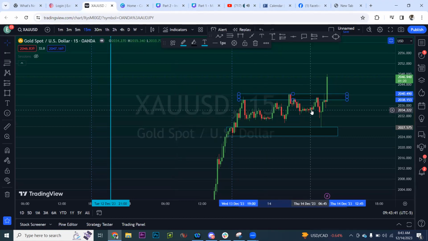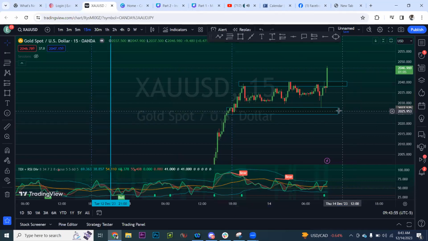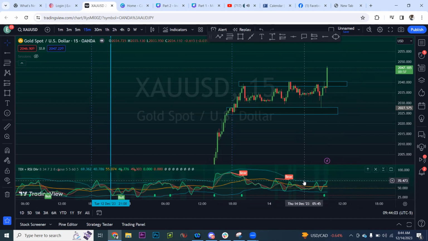So notice here again, same conversation. If we're here on time, we mark our zones. When price comes up here, it goes down here. When it goes down here, it goes up here. Now I'm not saying it's gonna break every time, but you see, pull TDI up. It's a squeeze right here. That lets us know an explosion is going to happen. Now there's a squeeze here, but the squeeze is happening where? Right here, in the middle. So this is also telling us to base the trade